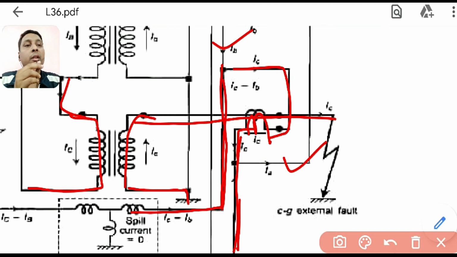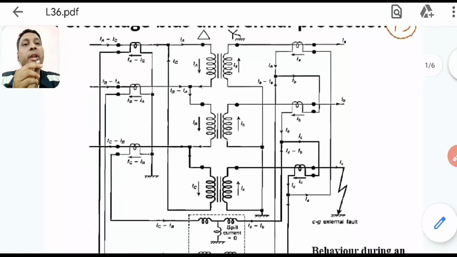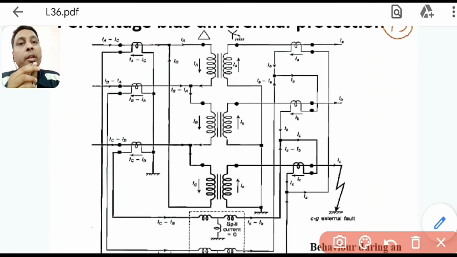Now you have seen. Now if I come to this side, as this winding has been activated, what will be this winding...